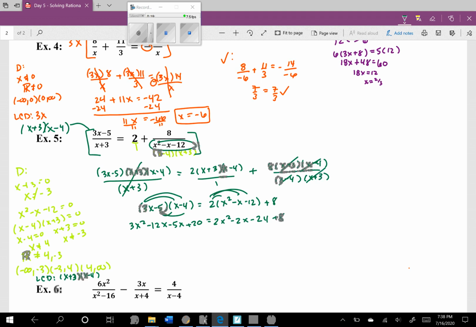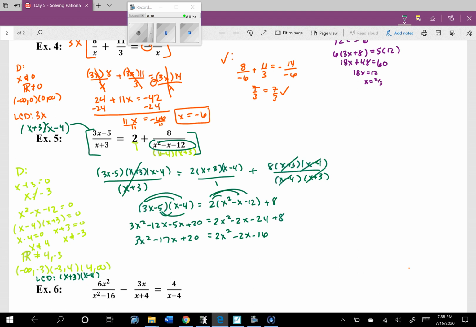And now we can start combining our like terms. So 3x squared minus 17x plus 20 on that side. And then on this side we get 2x squared minus 2x minus 16. And notice this is quadratic, so since this is quadratic, we're going to have to set